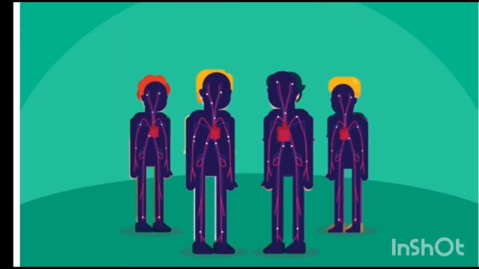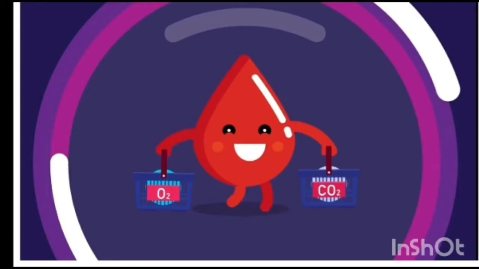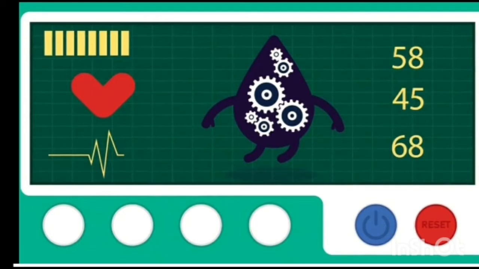So blood is circulated throughout the body with the help of arteries, veins and the heart, and it plays an important role, such as carrying oxygen to the different parts and cells of the body, and from there it collects the toxic gas, that is CO2. As well, the blood plays an important role in maintaining the vital functions of the body. Vital functions are the functions which are essential, without which we cannot survive.